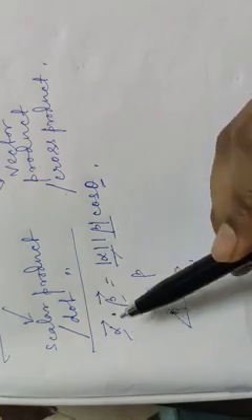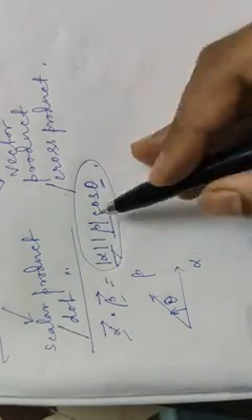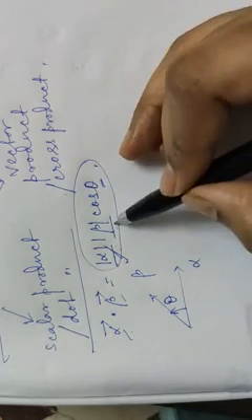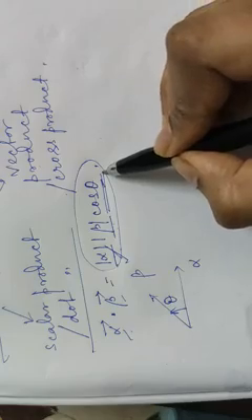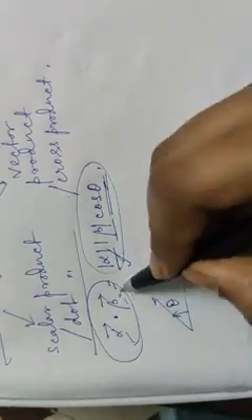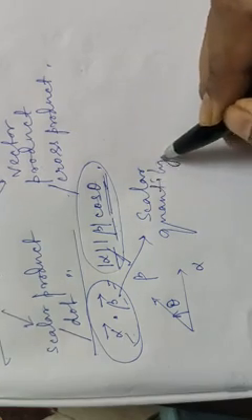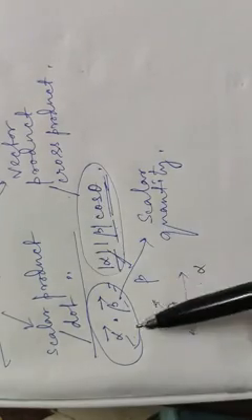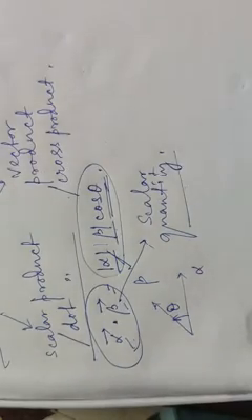Now check, here we are multiplying 2 vectors, alpha dot beta, but the resultant is not a vector quantity, because we know mod alpha means the magnitude of alpha, that is a scalar quantity. Mod beta is also a scalar quantity, and this is the value of cosine of some angle. This is also a scalar quantity. That means alpha dot beta is a scalar quantity, not a vector. It only has its magnitude but not the direction. So this is called the scalar product or the dot product of 2 vectors, and it is defined by alpha dot beta equals mod alpha mod beta cos theta.